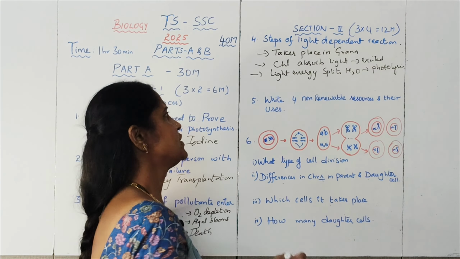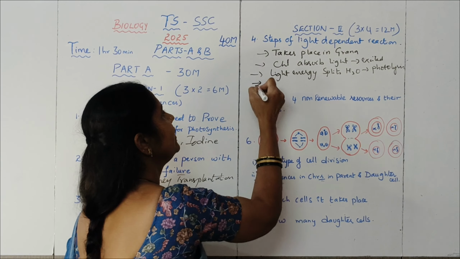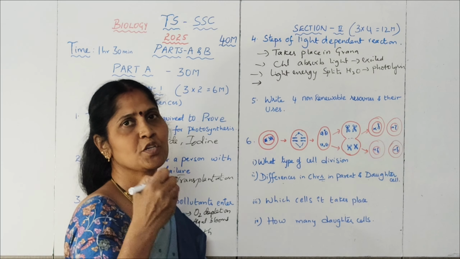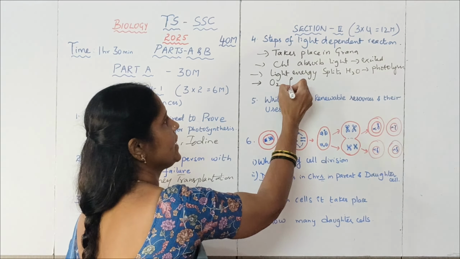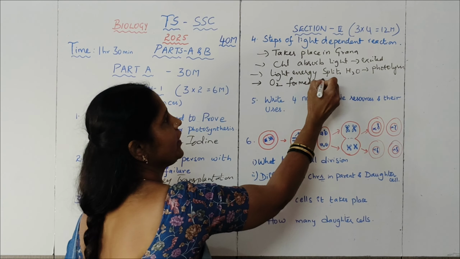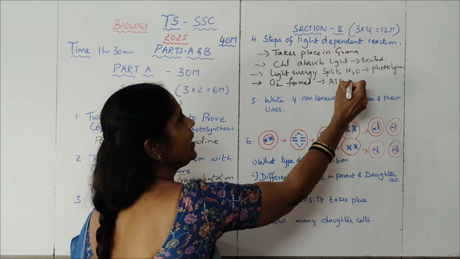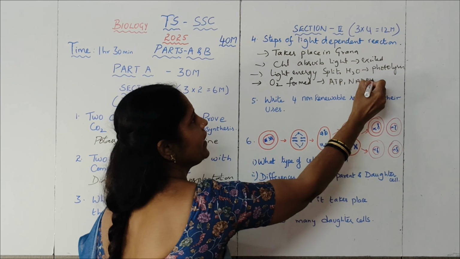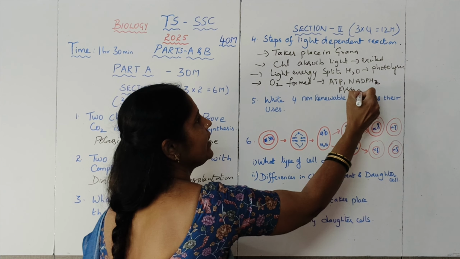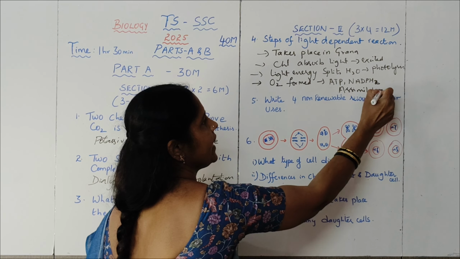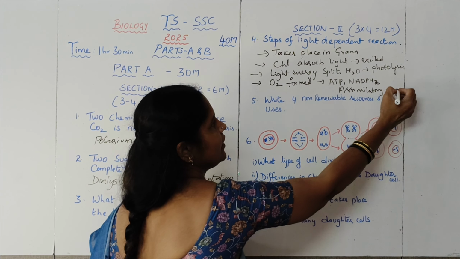You can also write that oxygen is formed as a byproduct. And the next point is the formation of ATP and NADPH2, which are called the assimilatory power. The assimilatory power will be used in the dark reaction for formation of